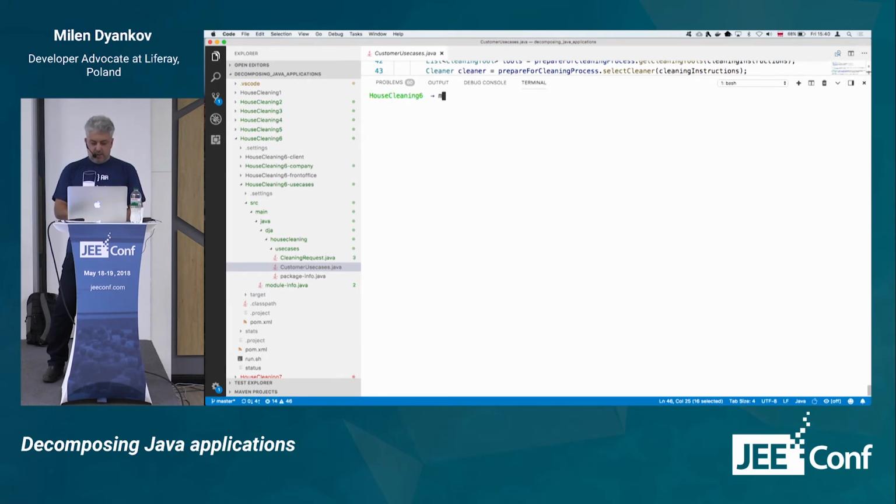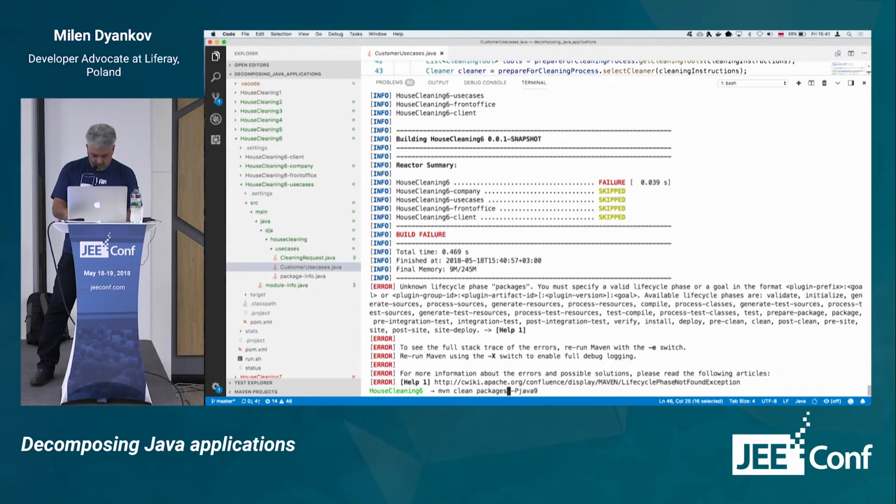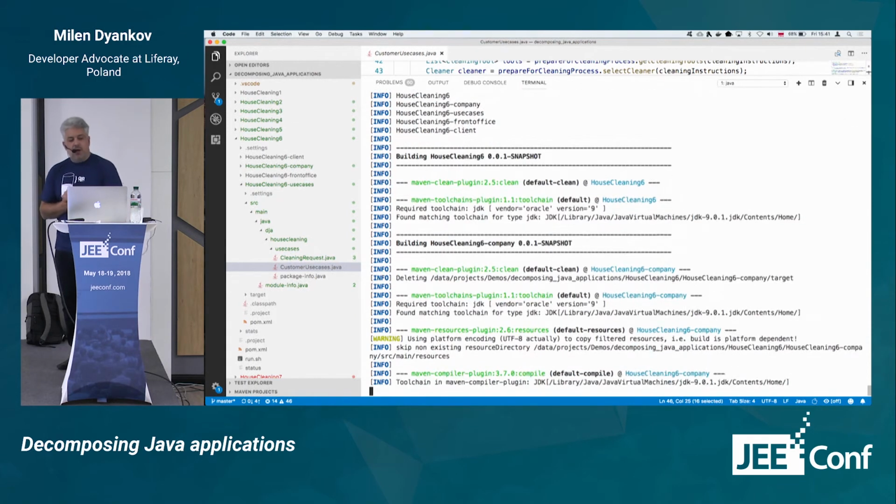You can say Maven clean package, and now we want to build stuff, but with Java 9. And now, what happened here? There you go. And now,